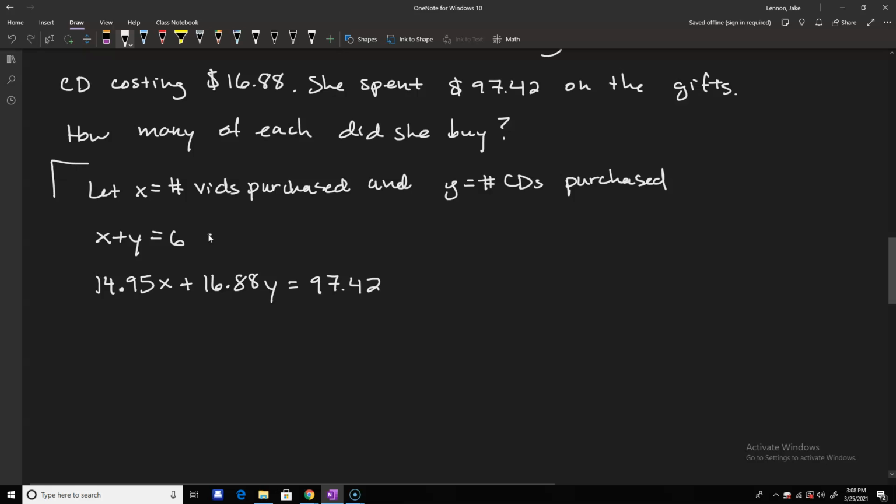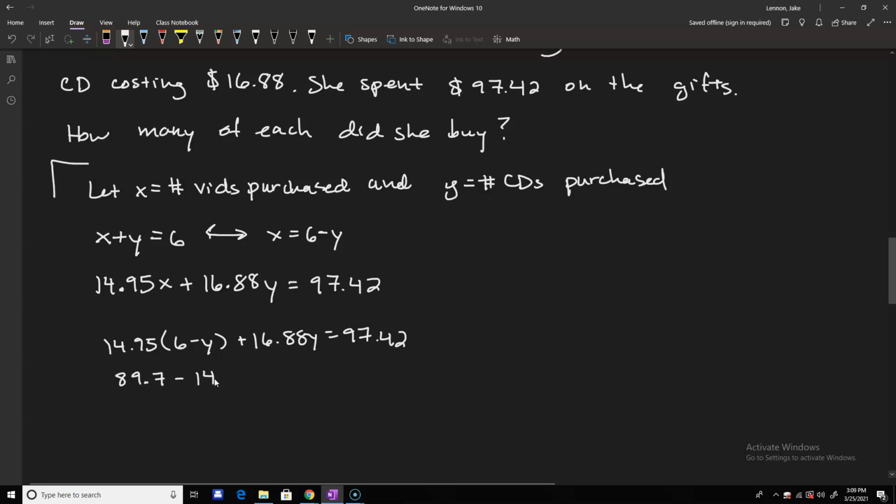Right, you can take the first equation and say, okay, x is just 6 minus y. So we can get our $14.95 and then change the x to 6 minus y. And then we still have our $16.88y equals 97.42. And what we want to do is distribute. So we do 14.95 times 6, and we get 89.7